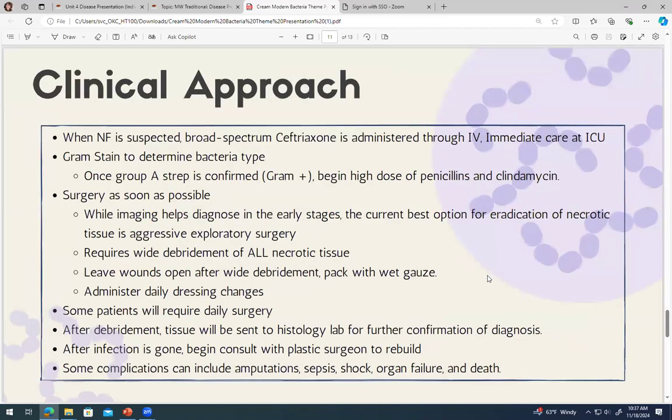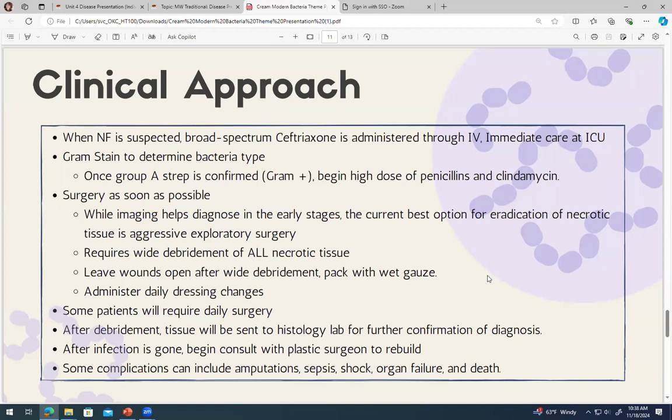Clinical approach. When necrotizing fasciitis is suspected, you're going to throw a broad spectrum antibiotic at them, get them immediately into care, and gram stain that bacteria. You're not going to want to waste time with this either. You don't want to sit there and wait for your testing to come back. You want to get an early start, and debridement really is the only way, the removal of that tissue. Some patients have to have surgery daily for weeks on end to remove that tissue,